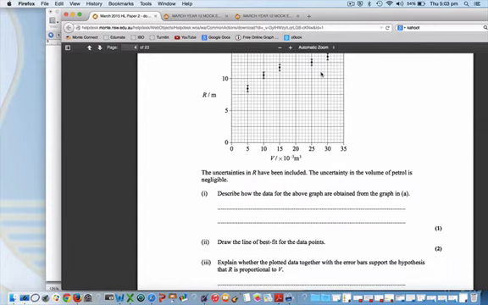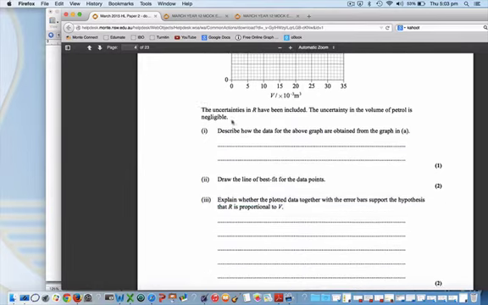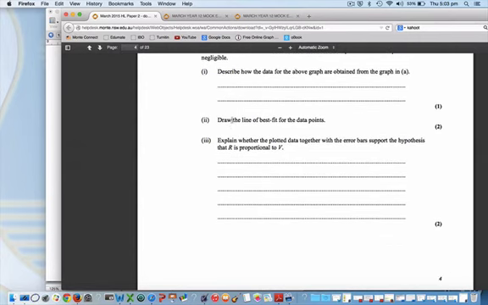So it's important to use a pencil because you just might need to erase things. On the other hand, you could just try not to do that and connect this dot to this dot smoothly. Okay, you could reasonably do that and not extrapolate, but you kind of need to extrapolate, and let's see why. Part 3, explain whether the plotted data together with the error bar support the hypothesis that